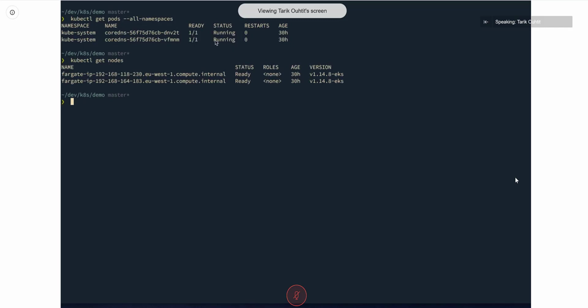So one key thing with Fargate and EKS is it will spin up a new node for every pod that gets deployed. And this is really cool because it means you're getting hypervisor level isolation for your container workloads. So really nice security benefit. Your containers will not share the same underlying host kernel as any other containers. So really good isolation properties. What I want to do here is show you how I can scale up and scale down with Fargate without having to scale any infrastructure.